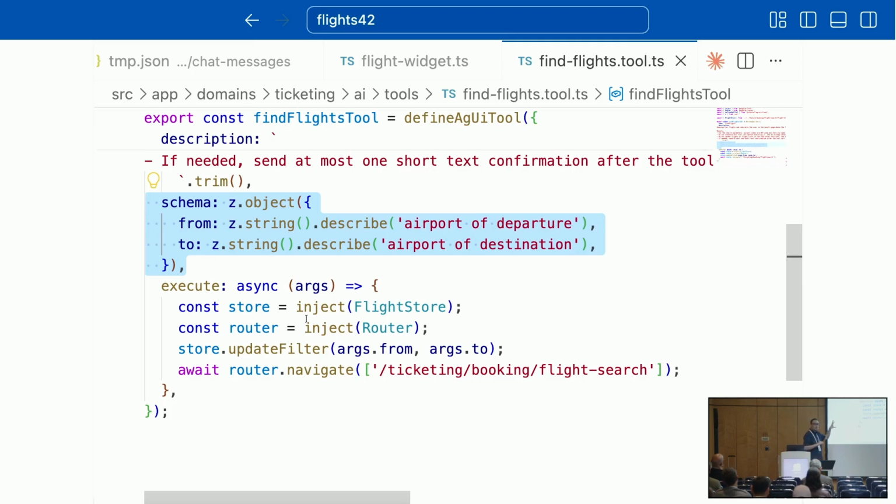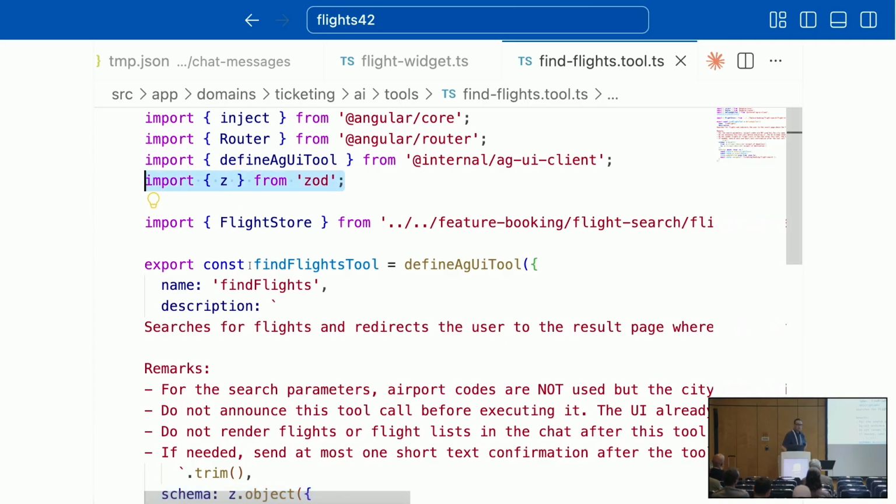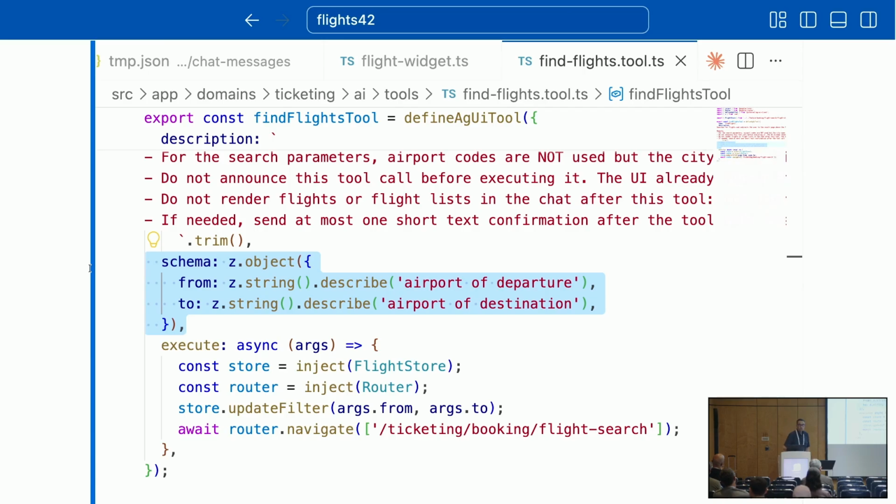This is exactly what you have seen before in the payload, what we send up to our agent in the backend. And this is also why we are using Zod here, because Zod, perhaps you've seen it, is quite a popular library in TypeScript for defining schemas, and it allows us to convert all of this to JSON schema. But not only to JSON schema, because it's that well known, there is also a nice bridge to TypeScript. So we can derive TypeScript types from this. And this is also something I did here in my abstraction of the SDK.